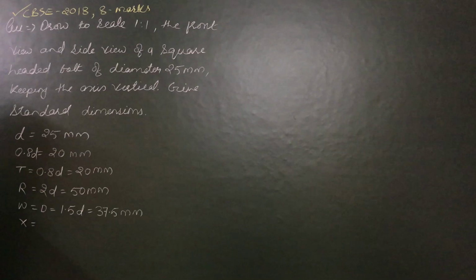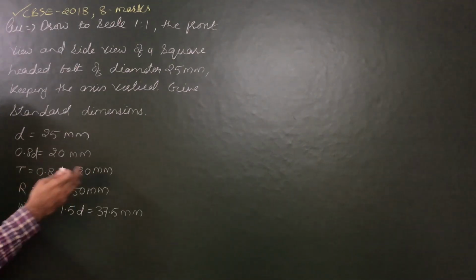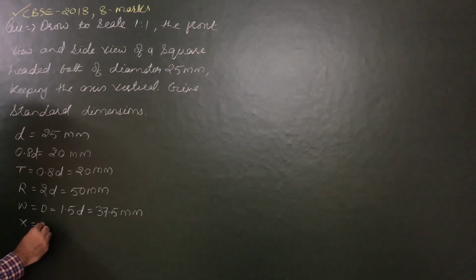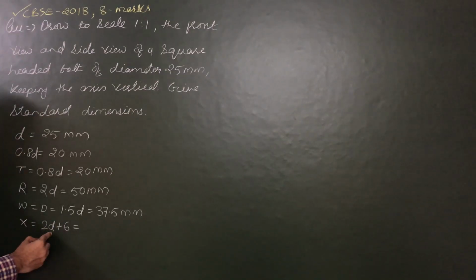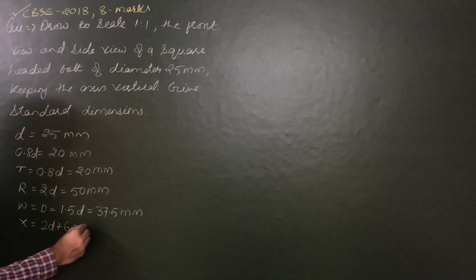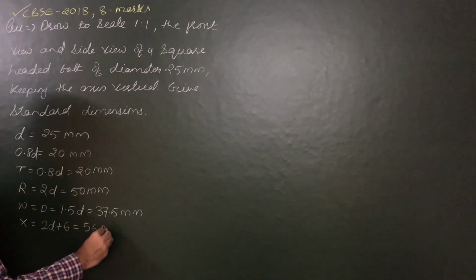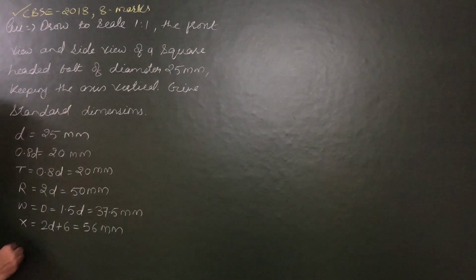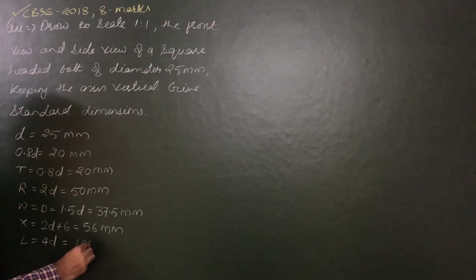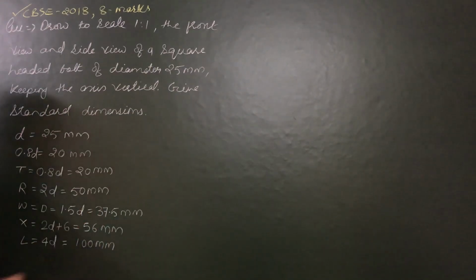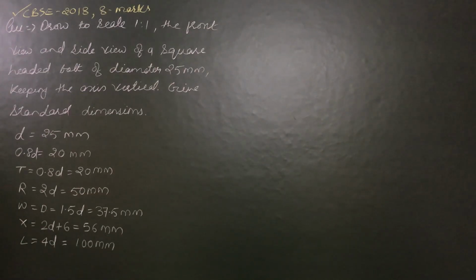Next we have X. What is X? Length of thread or threaded length from the tail end. So the value is 2D plus 6. 2 into 25, 50. 50 plus 6, 56 mm. And last, length of the bolt. L is approximately 4D. 4D means 25 into 4, 100 mm. So these are all standard dimensions based on which we have to construct front view and side view of a